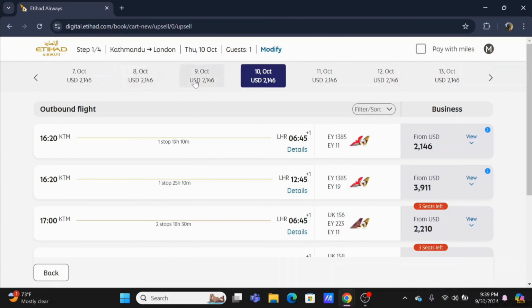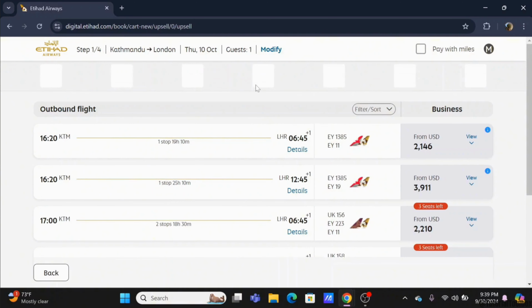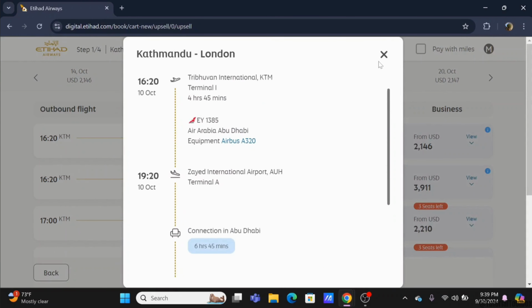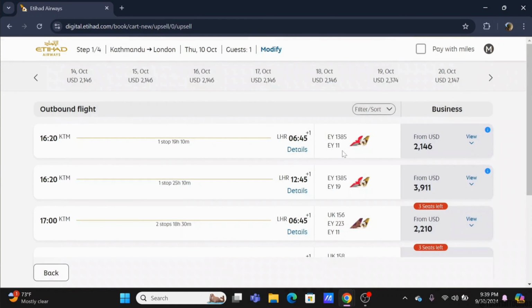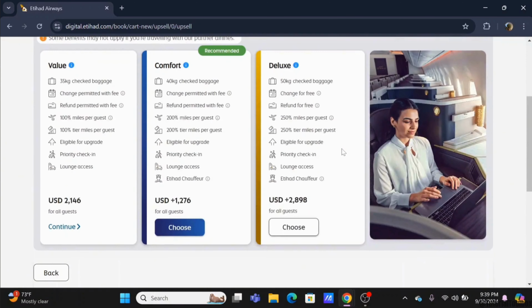After which it will redirect you to a new flight section. Select the flight that you desire. You can also compare the prices at the top according to the date. Now, to check the details or the itinerary of the flight, you can click on the details option. If you're happy with it, now to confirm your booking, click on the From USD option, which will pop up